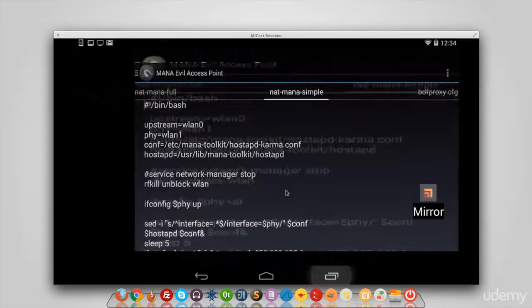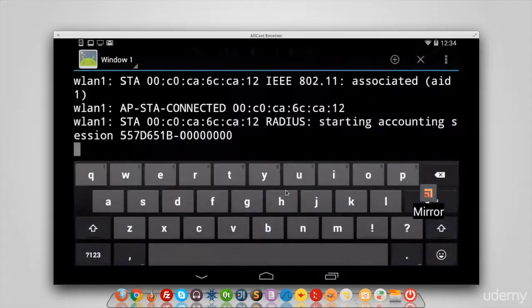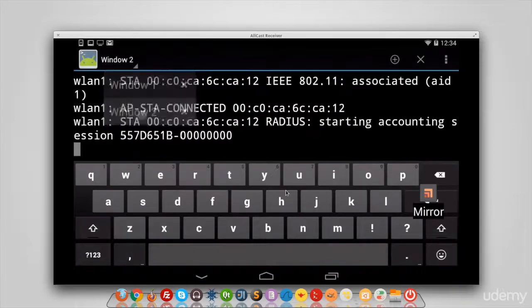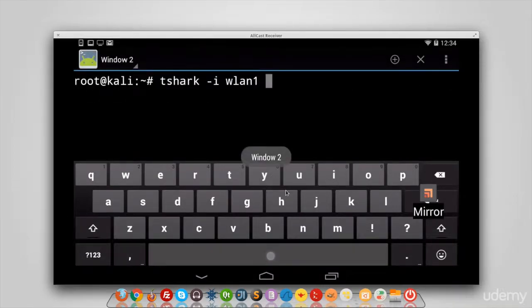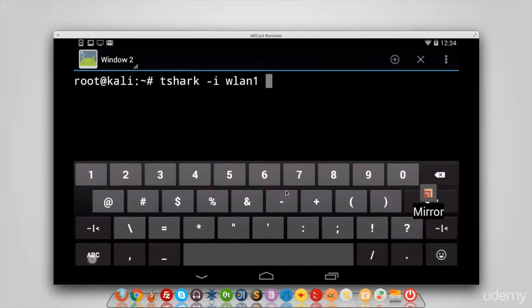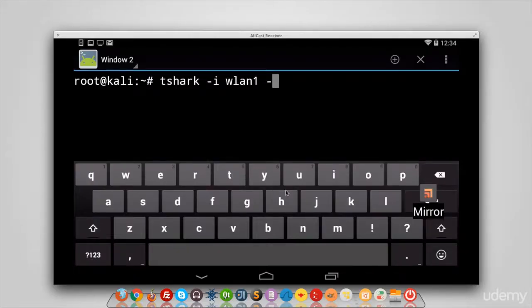LAN 0 is the one that has the internet connection, and I'm going to sniff on LAN 1, which is the one that is broadcasting the signal. And then we're just going to put everything else as the same. So I just wanted to let you know that the interface that you should use when doing all these attacks is LAN 1, which is the one that you are using to broadcast the signal. So let's call this evil ap